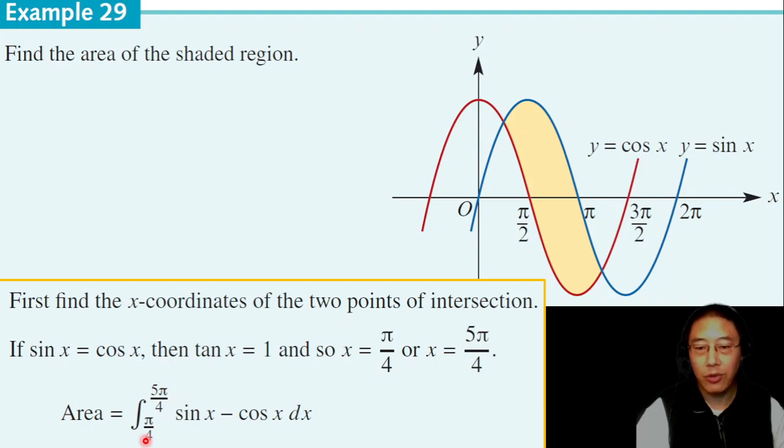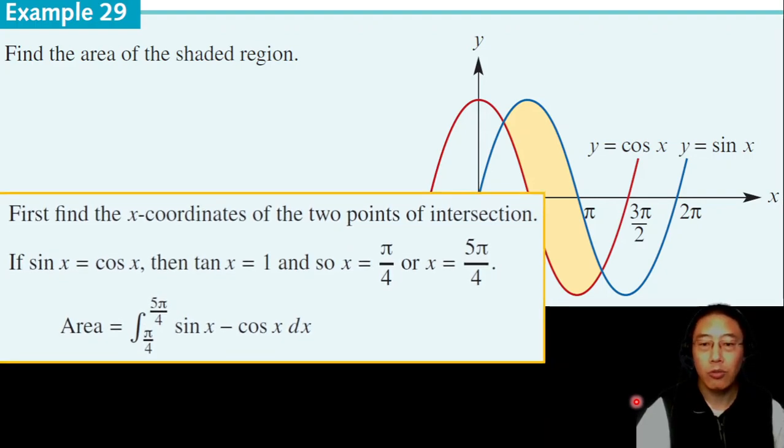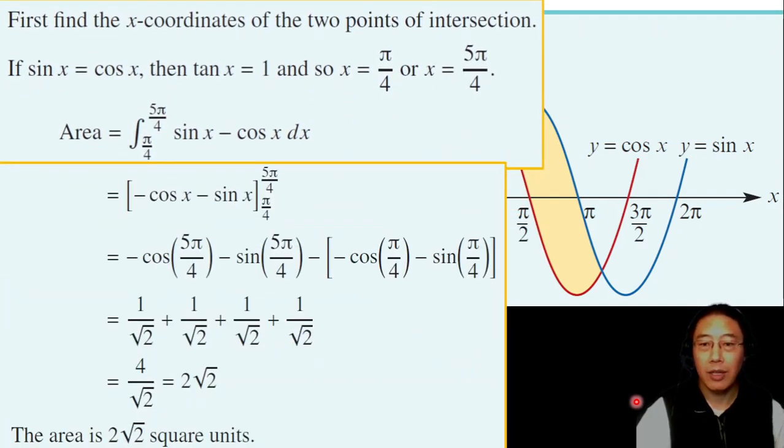from that interval, and notice that the blue curve is above the red curve over this interval, which is your sine. So you do sine of x minus cos of x, and we'll continue with the integration. The antiderivative of sine is negative cos of x, minus cos of x is minus sine of x. You substitute the upper boundary and the lower boundary. So that's the upper boundary section, minus